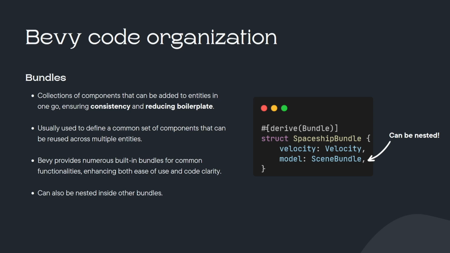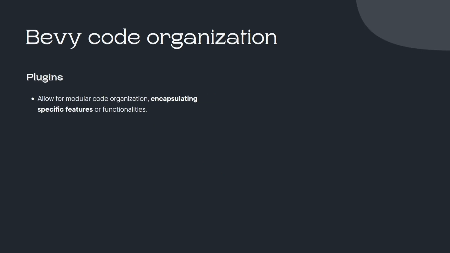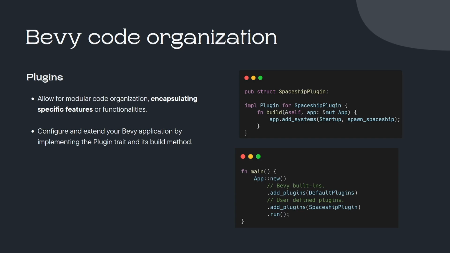Alright everyone, now that we understand how we can organize our applications using bundles for components, let's talk about how we can architect our entire app using plugins. Plugins allow you to encapsulate functionality into separate, reusable modules. For instance, you could separate spaceship-related logic into a spaceship plugin and asteroid behavior into an asteroids plugin, each in their own file, and then add these plugins to your main Bevy app by importing them to the main file